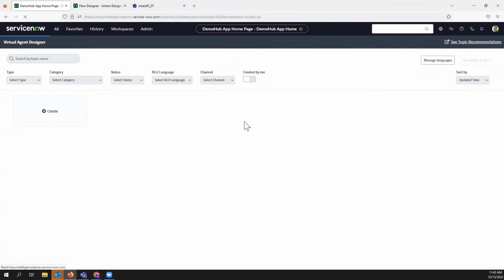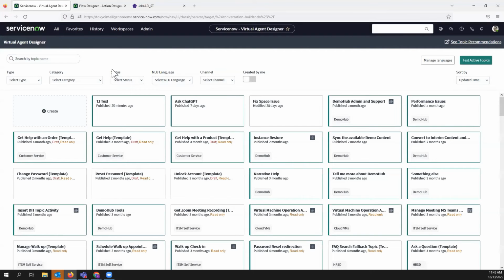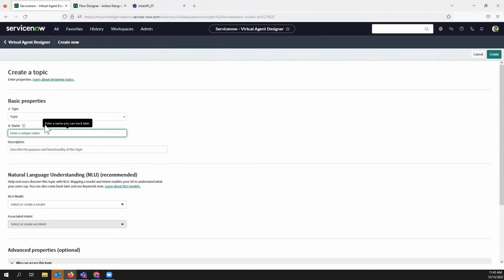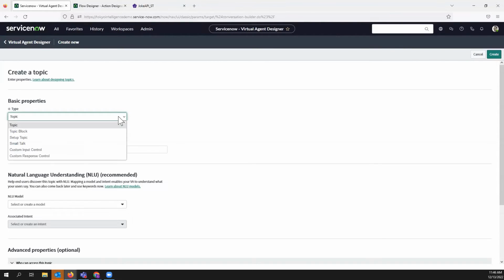And now you have a couple different options for how you want to implement this. You could do it as small talk. You could do it as its own independent topic. You could do it as a setup topic. There's a variety of different ways you can do it. What I found, and this is just sort of strange,